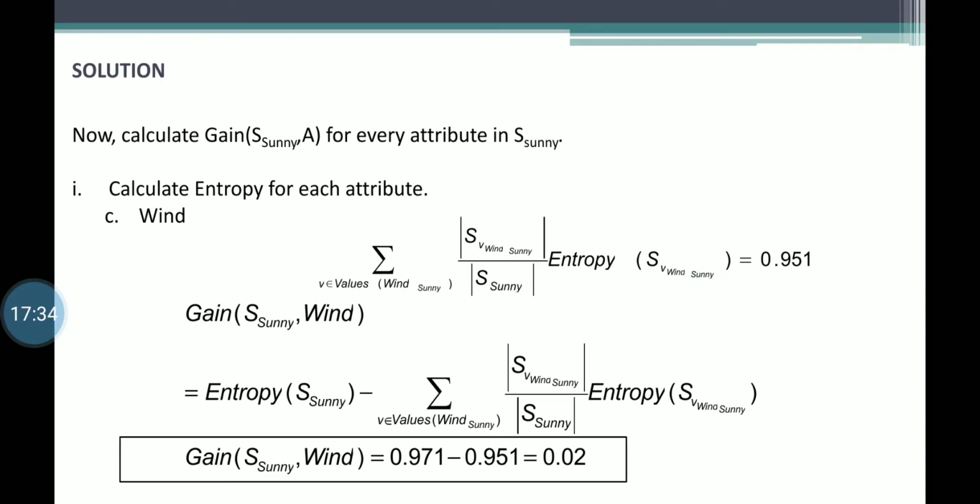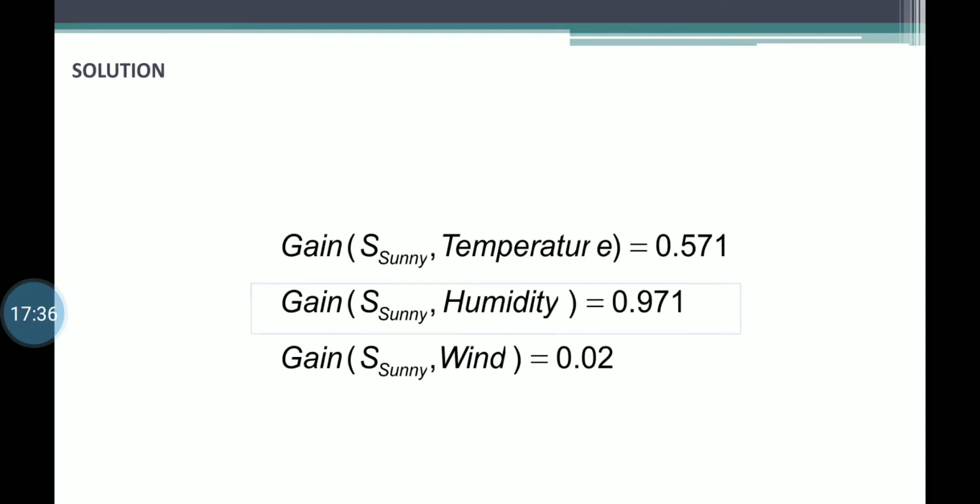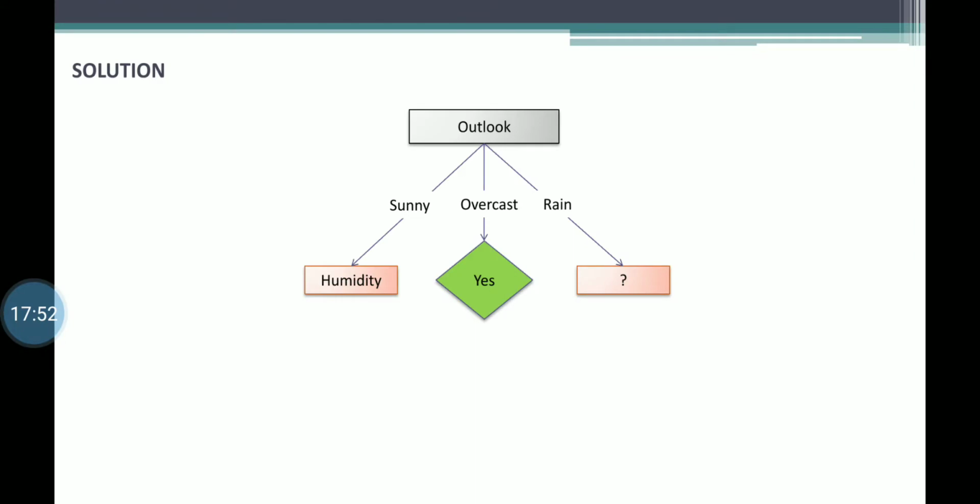On listing, what you will get is that the highest information gain attribute is humidity. So this will be considered as the next node under sunny. With respect to sunny, humidity is having the highest information gain value. So this will be the next node. So now sunny will be given with humidity as the value.